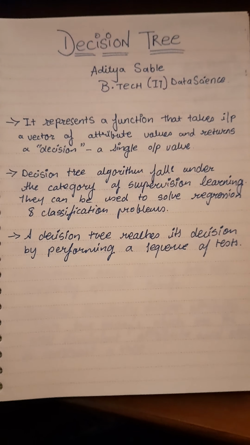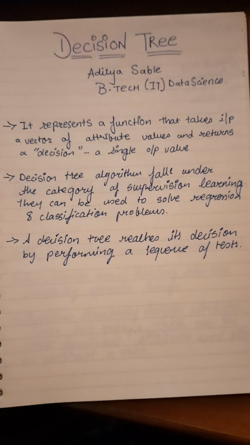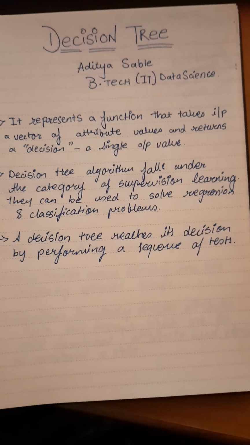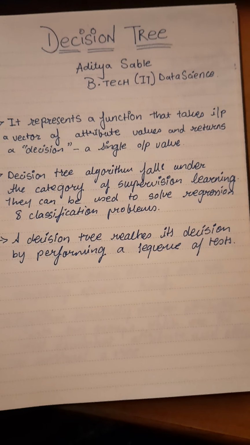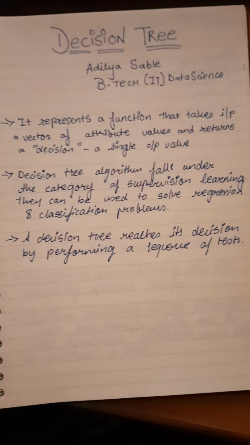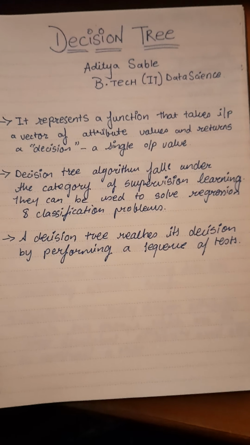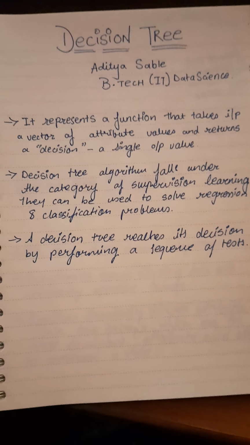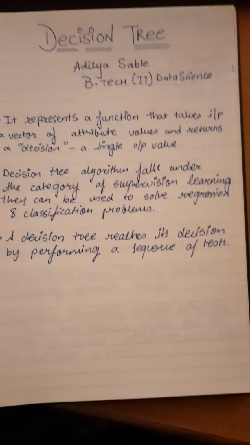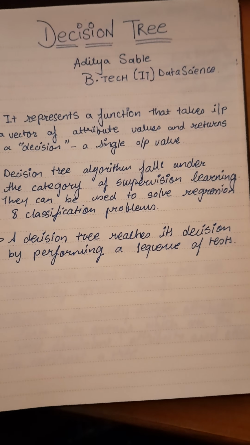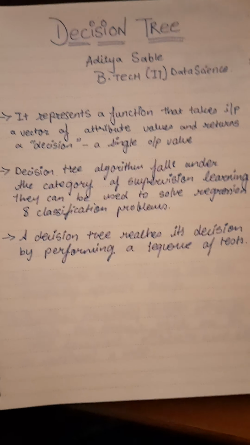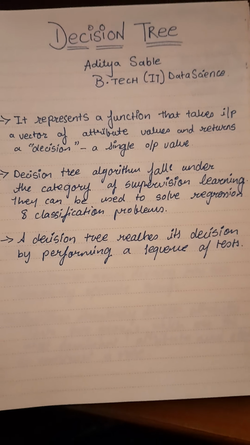so first of all, we'll start with what is the decision tree algorithm. Decision tree algorithms belong to a family of supervised learning algorithms. Unlike other supervised learning algorithms, the decision tree algorithm can be used for solving regression and classification problems. The goal of the decision tree is to create a training model that can be used to predict the class or value of the target variable by learning simple decision rules inferred from prior data.